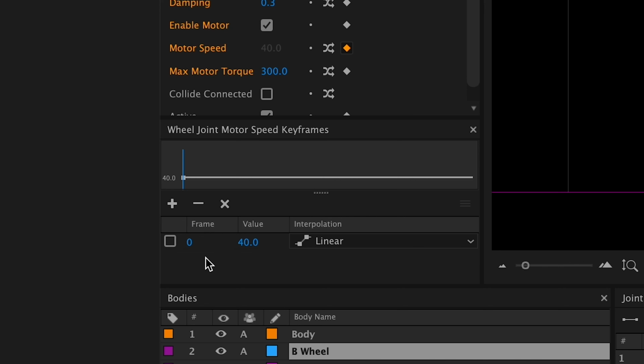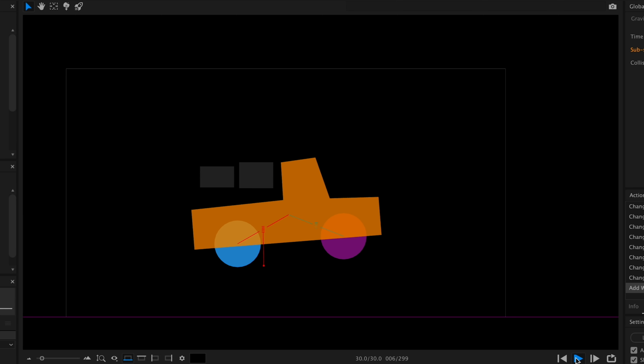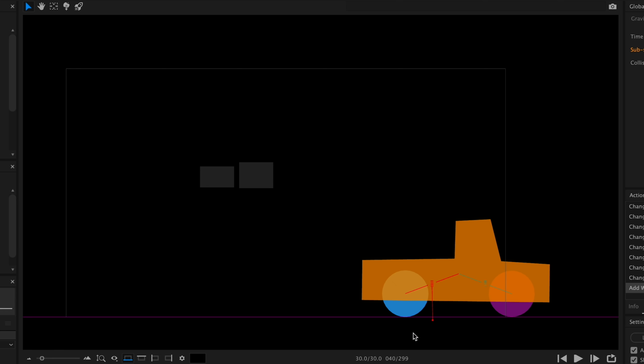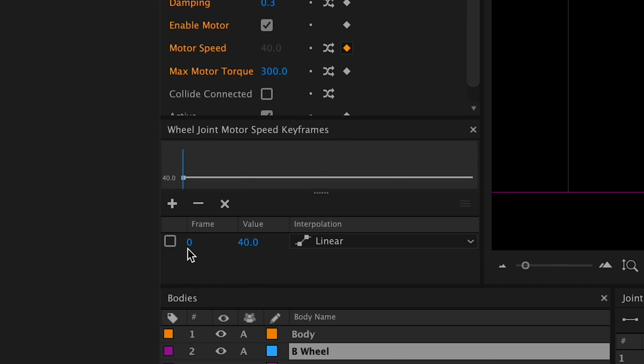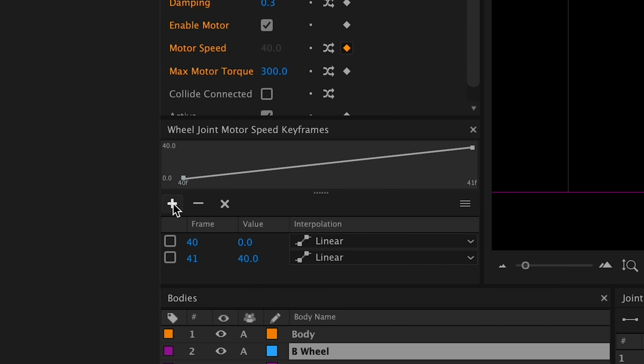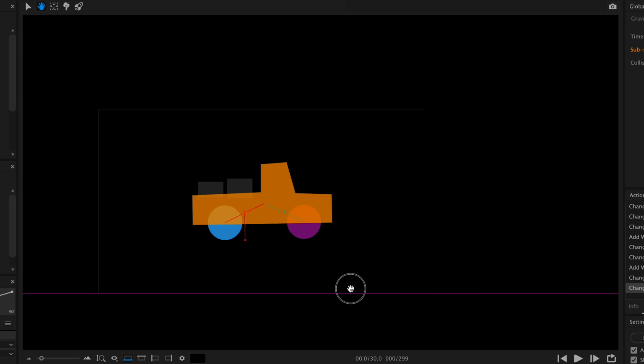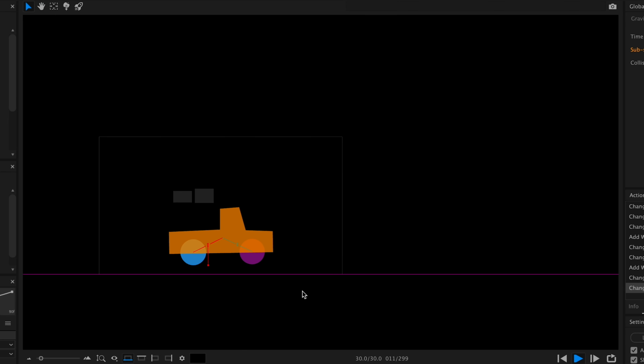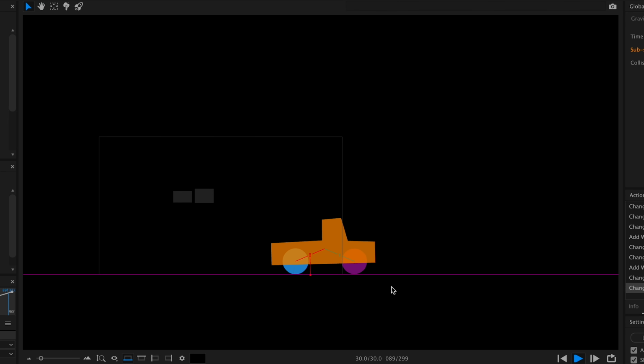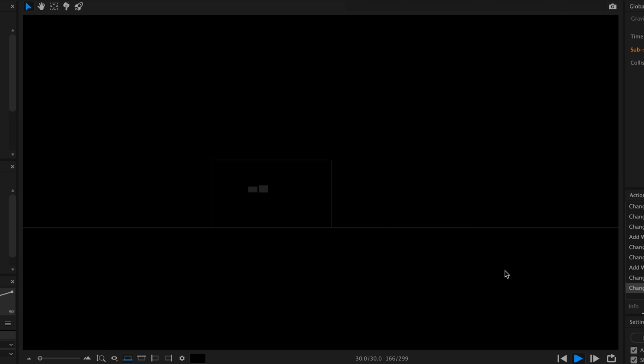I'm going to set an initial keyframe. When should it start? Let's say around frame 40. So at 40 it's 0. And then we'll gradually increase to 90, where the speed will be at 40 in rotation. And I will also add an ease out. So here you see my curve is very gradual. Let's see how it goes. So here it's not running, and here it's starting up. And then it gradually accelerates.